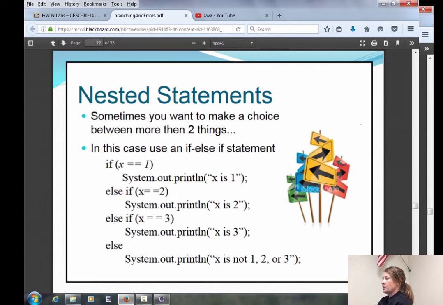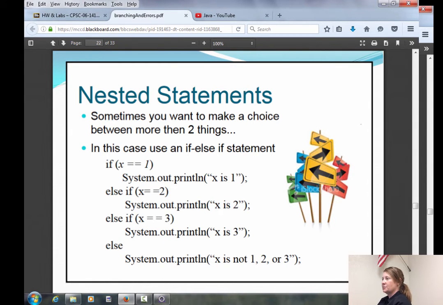So let's say x is 1, and this comes back as true. It would go ahead and print out x is 1. Then it would skip all the way to the bottom, and it wouldn't check any of these other branching statements. So remember, once one branch comes back as true, it doesn't bother checking the rest. It makes it very efficient, because once one of them's true, you don't want to check the rest.